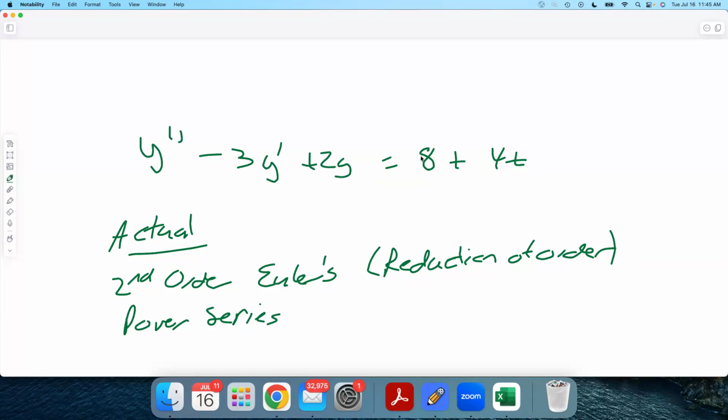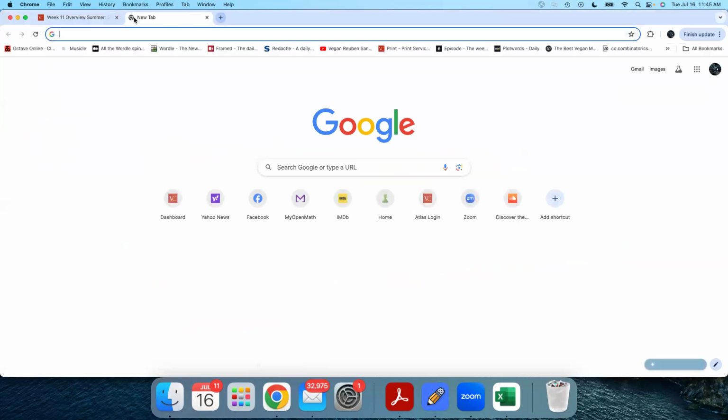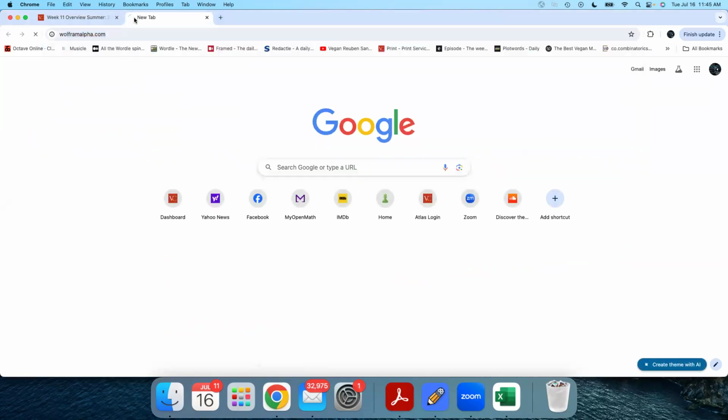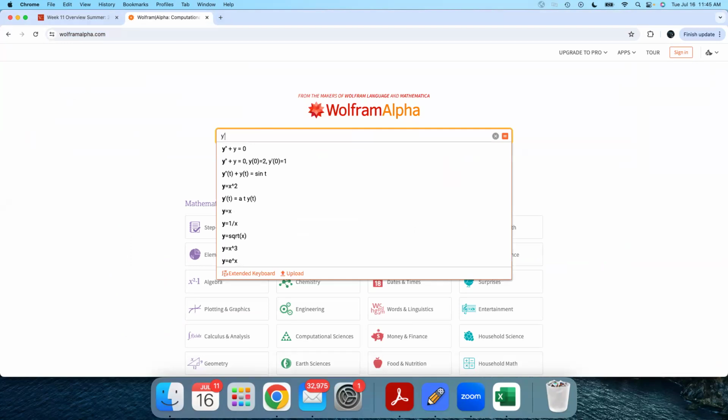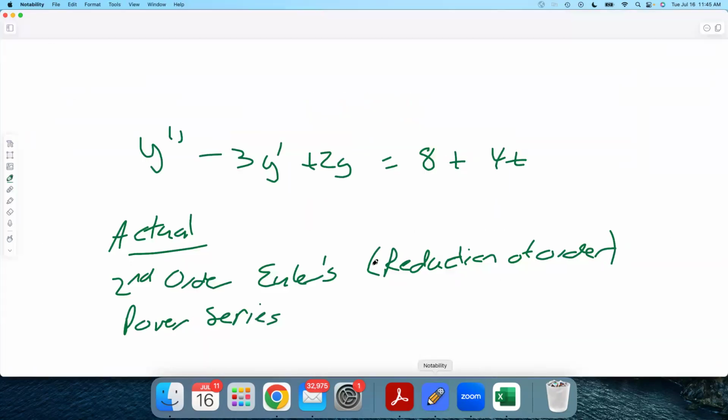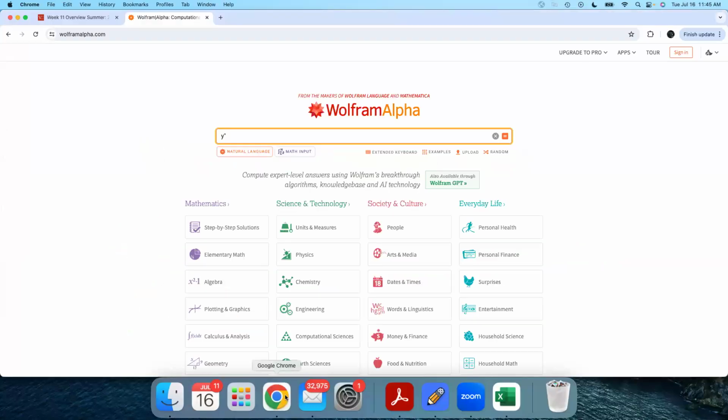All right, so I'm going to pause. I'm going to type this. I guess you can watch me type this into Wolfram Alpha. So what do we got? Y double prime, maybe I should have picked numbers. Oh, that'll work out fine. Minus 3y prime plus 2y equals 8 plus,